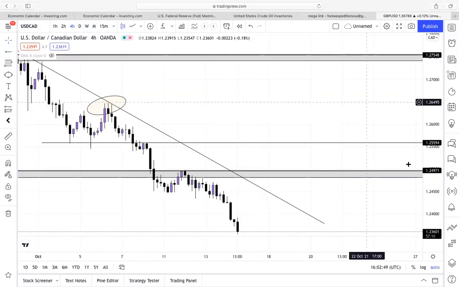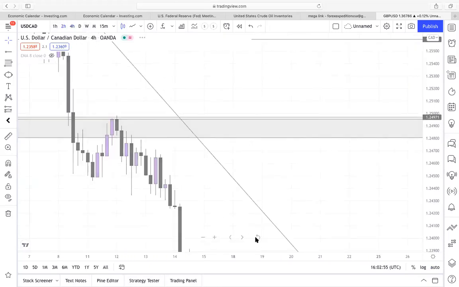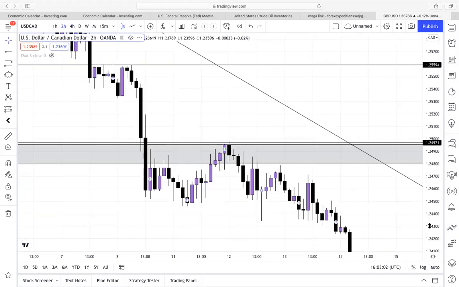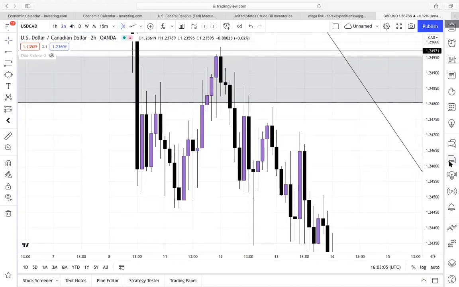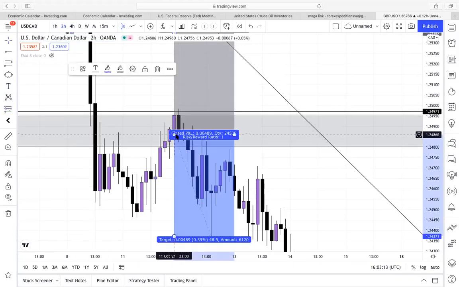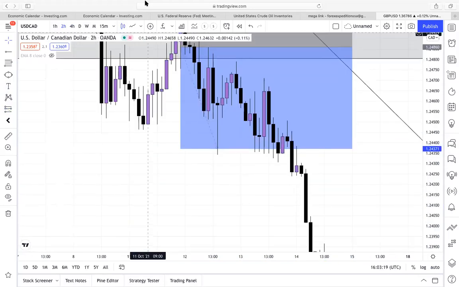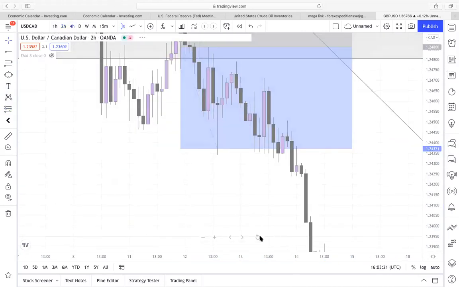When price broke 1.25000, I'm gonna go to a smaller time frame. I like my 2-hour chart and my 1-hour chart. I'm gonna look for either bullish or bearish engulfing, that gives me a sign. When price retested 1.25, it gave me a bearish engulfing. That was the first sign that I'm gonna take a sell, and my stop loss was going to be slightly above, and then my take profit is going to be the next key level. That's how I actually trade.